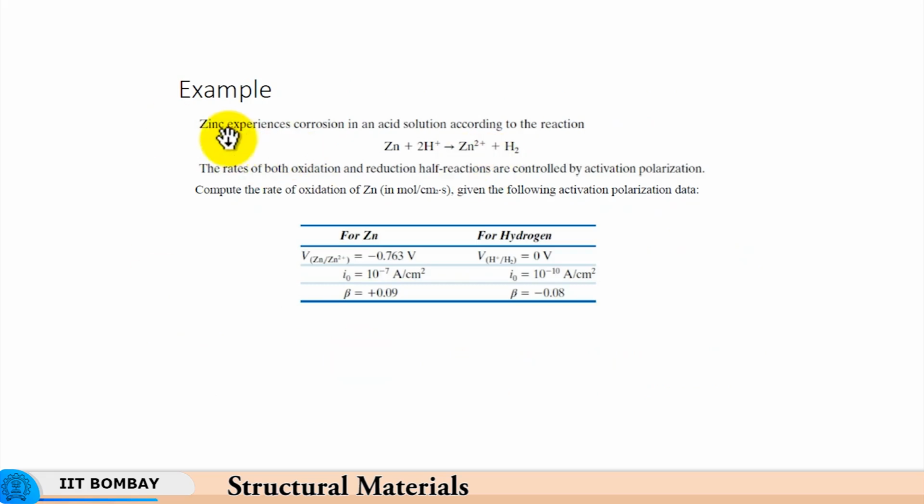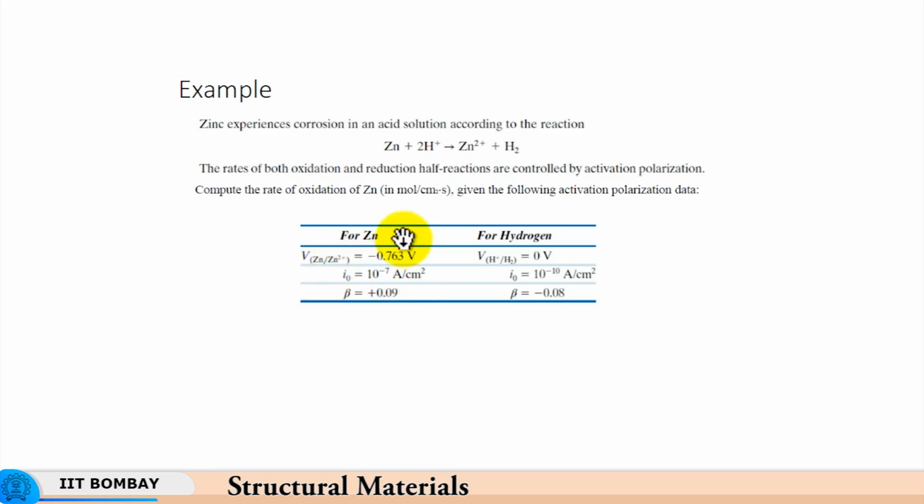So, let us take a numerical example with the same system, zinc and hydrogen, where the rates of oxidation and reduction of the half reactions are controlled by activation polarization. So, we are not bringing in corrosion, we are not bringing in the concentration polarization yet, it is only activation polarization. And anyway, we have seen that concentration polarization is not the rate controlling step. So, now we have for zinc